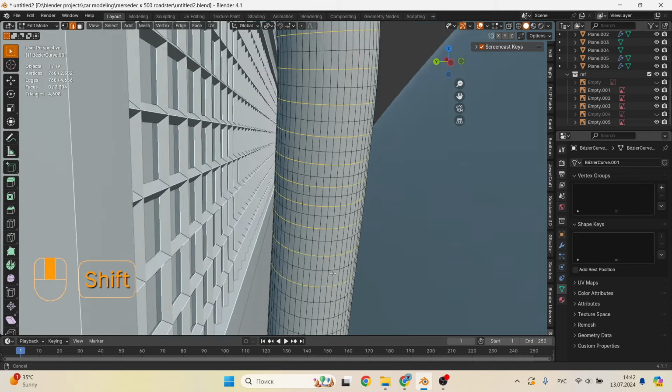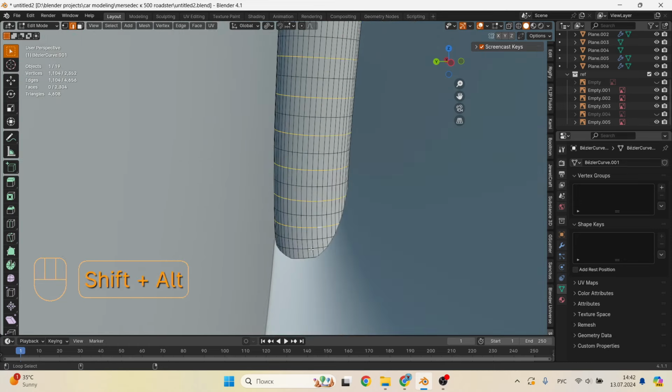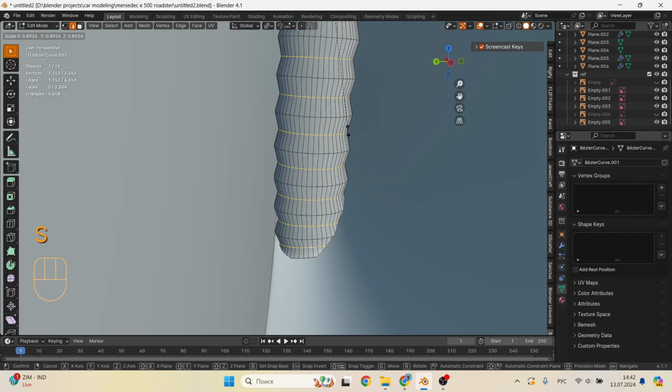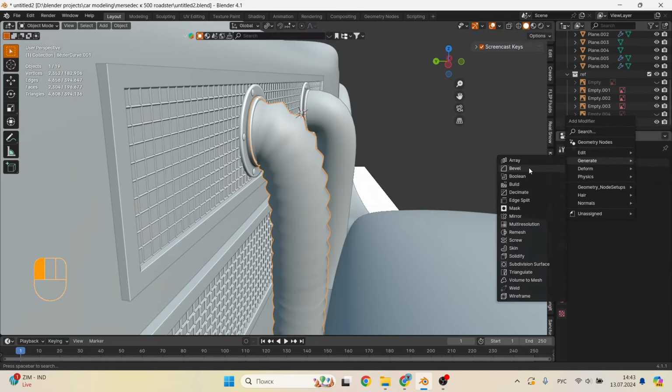It does not take long. When you select, you need to switch the transform pivot point to individual origins and then we can reduce the size of all loops at the same time. Now it remains to add a bevel modifier. Set the segments to 2 and do not forget about the checkbox for enhanced normals.